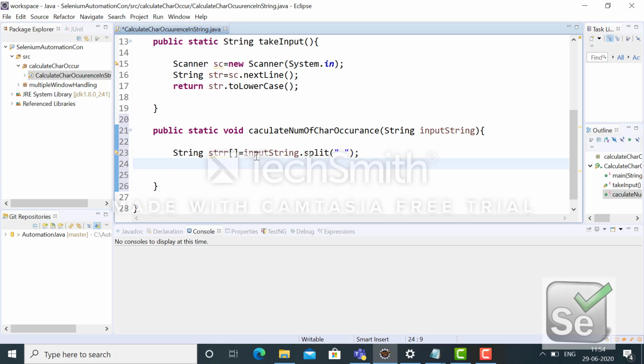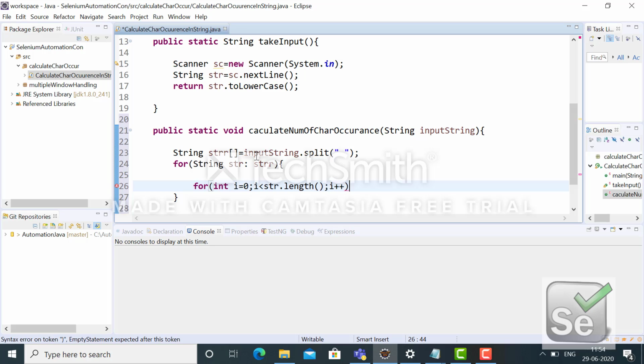Then I'm taking one advanced for loop over str. It will return each and every word in that string, and then I have to drill down to the character level. I started from 0, that's why the loop condition is less than str.length.